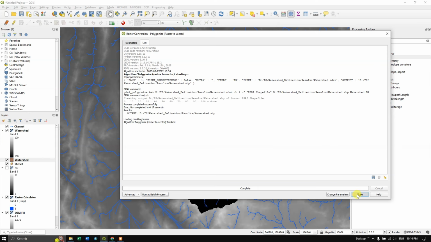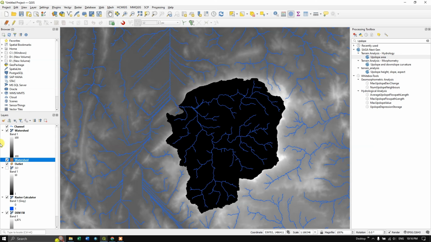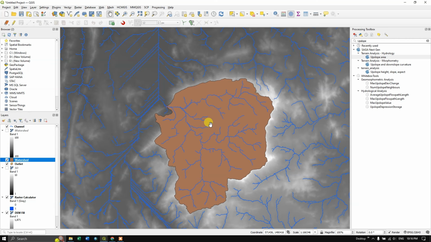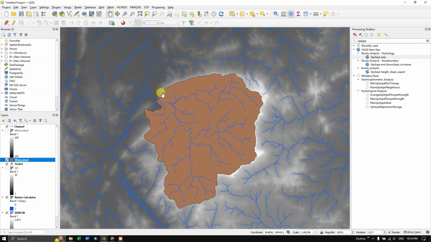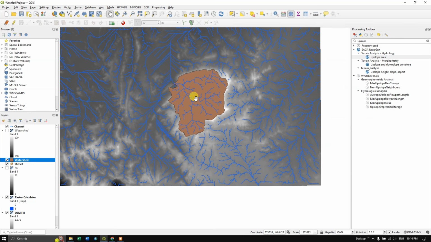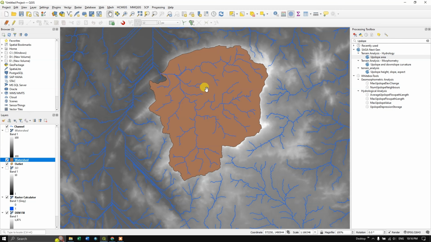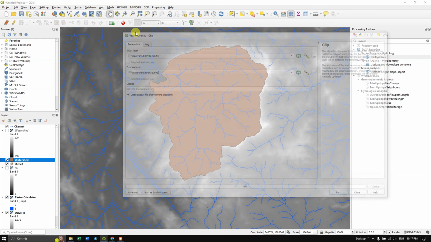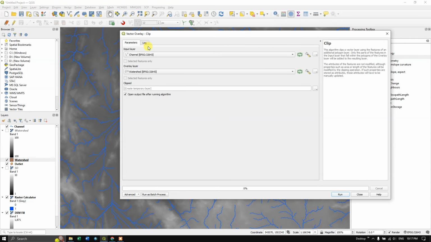Now the process has been completed. Let me remove this, and you can see you have successfully converted the raster to vector file format. You can also clip the channels. You can see a lot of channels are available here. You can clip it using the vector. In the geoprocessing tools you can find Clip, and the input layer will be channel, and the overlay layer will be watershed. So let us save it to a file,